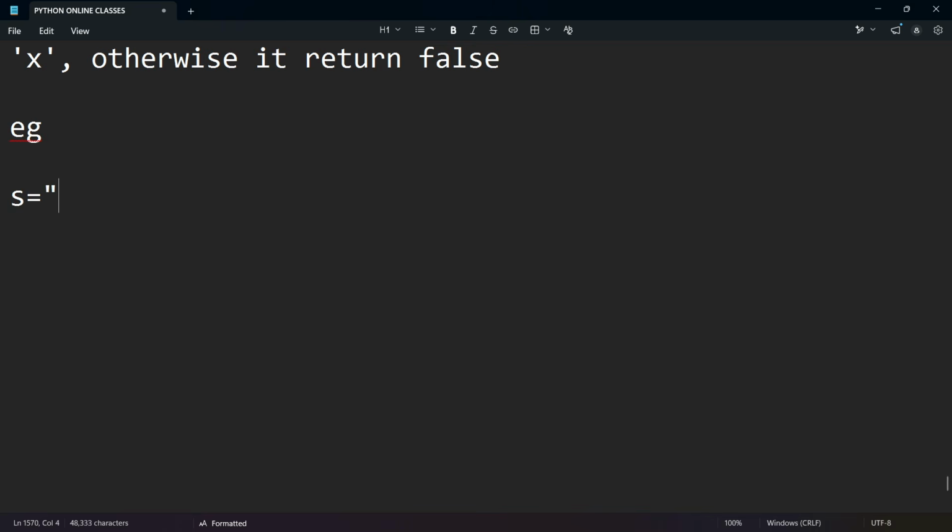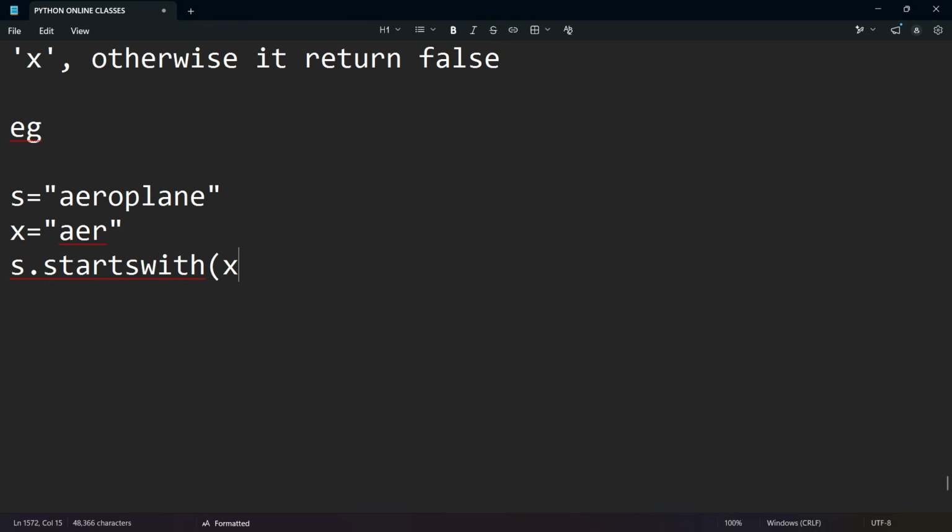S equal to aeroplane, then X equal to AER, like this. Okay, now I'll write the function here. S dot starts with X. So it will show